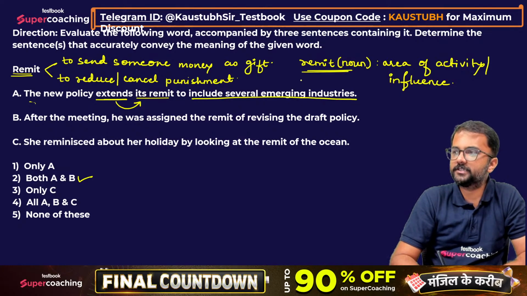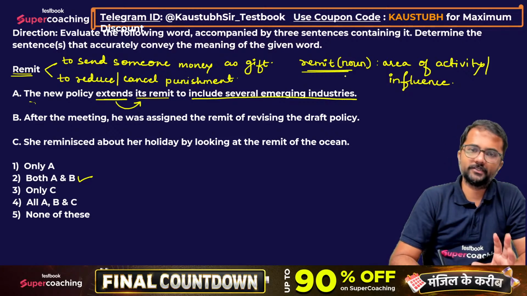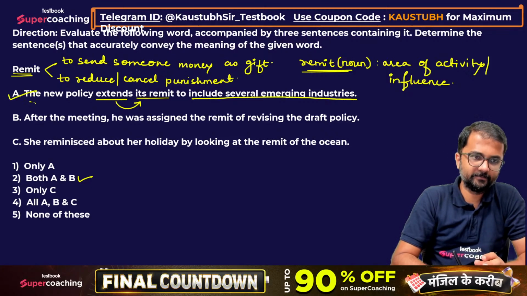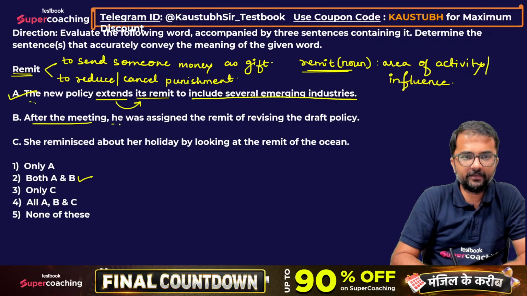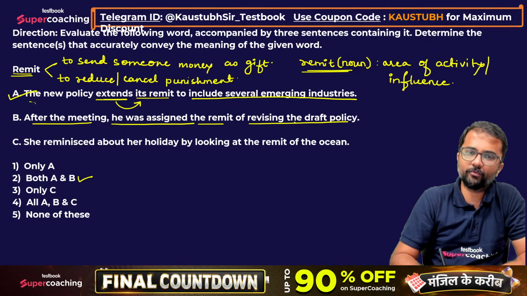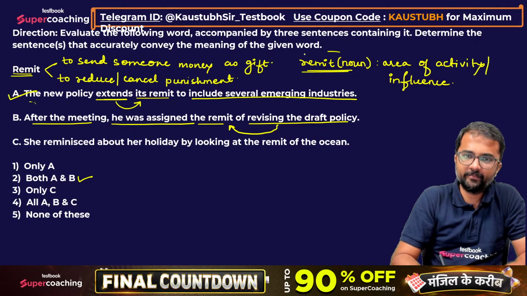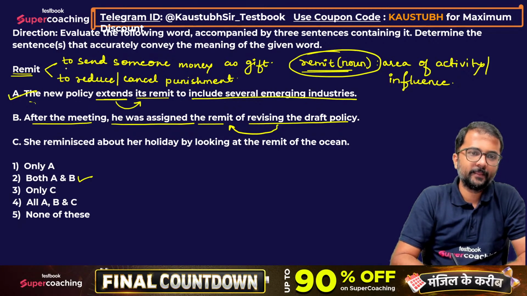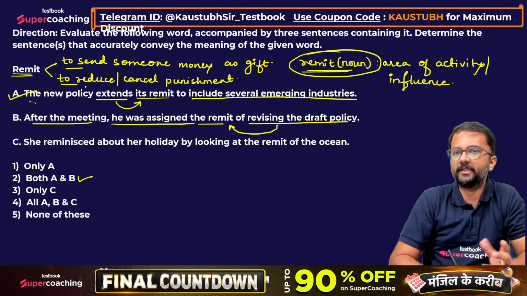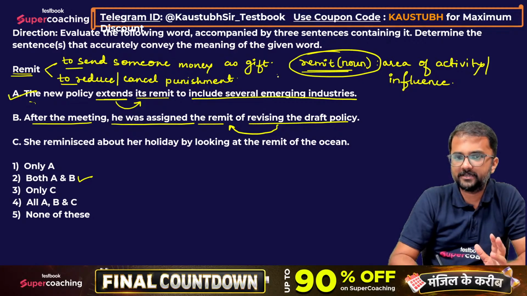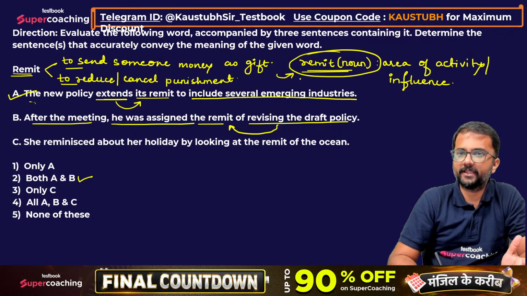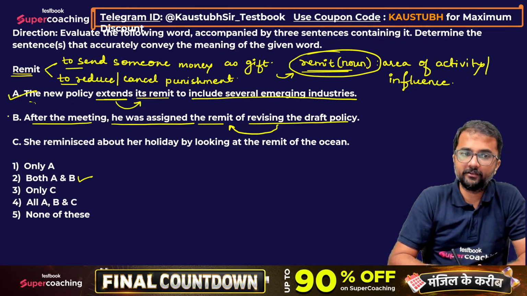सो रेमिट का नाउन वर्जन के मीनिंग पता होना जरूरी है, तब जाके आंसर सही आए। एंड आफ्टर द मीटिंग ही वाज असाइन्ड द रेमिट ऑफ रिवाइजिंग द ड्राफ्ट पॉलिसी। ड्राफ्ट पॉलिसी को रिवाइज करने का एक्स्ट्रा एरिया ऑफ एक्टिविटी उसको मिल गया। तो एसेंशियली रेमिट का जो वर्ब वर्जन है, इन दोनों में से कोई भी एक मीनिंग यहां पर यूज नहीं हुआ। इनफैक्ट रेमिट का जो नाउन वर्जन है, जिसका टोटली अलग मीनिंग बनता है, वो यहां पर यूज किया गया है।